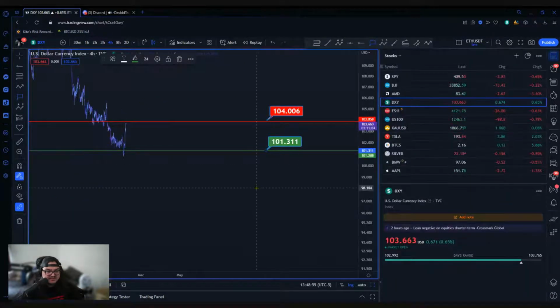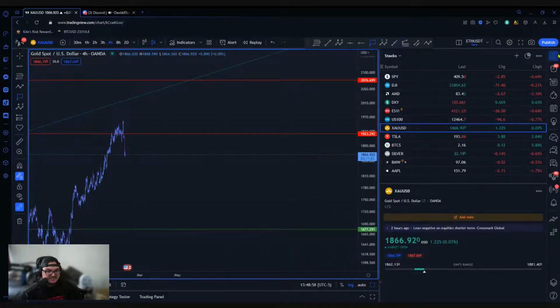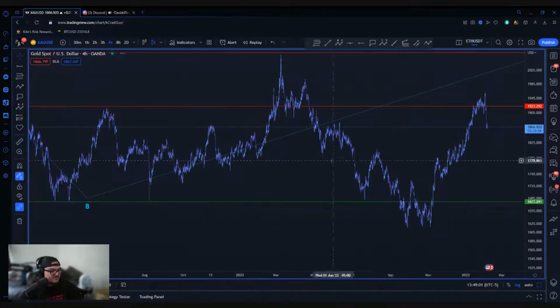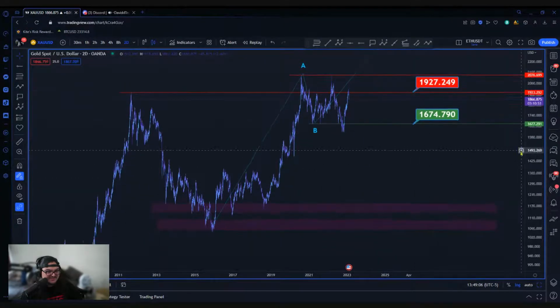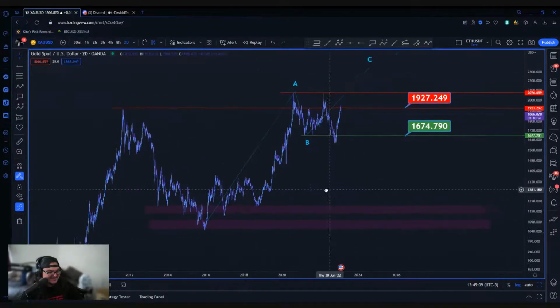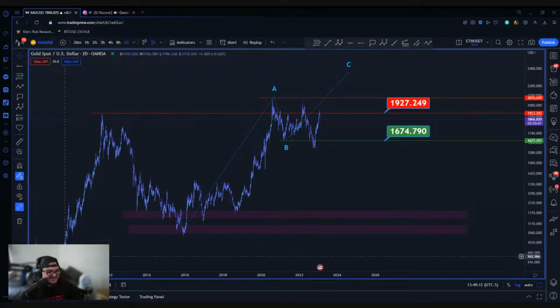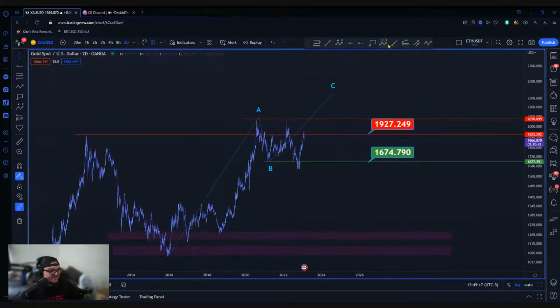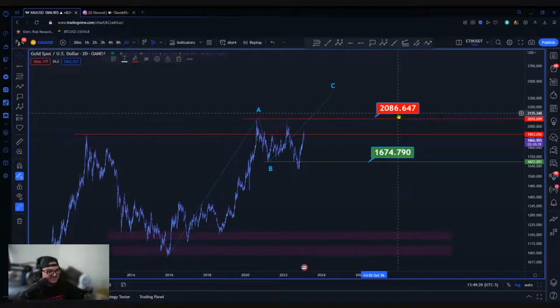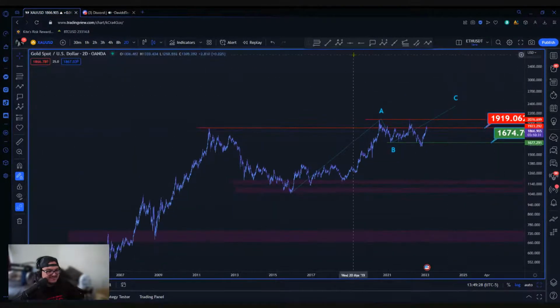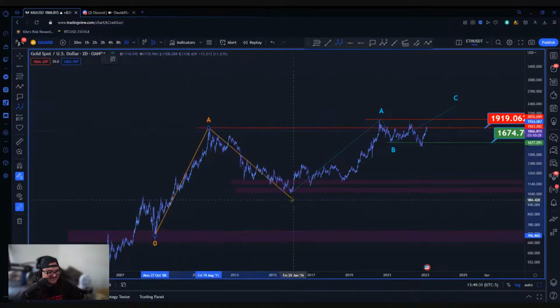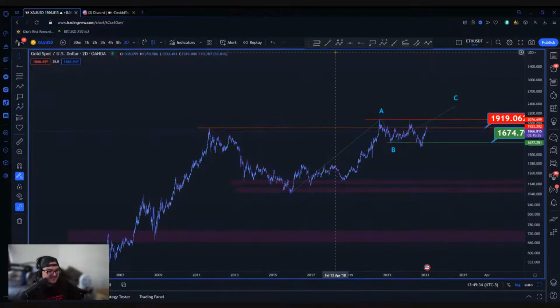Let's see. Comes to gold and silver. All right, interesting. Gold on a larger scale. I'm not even going to do it because I know Scope's going to make fun of me for it again. I'm just going to say that we're going to focus on this area of price action, even though we do have this larger ABC here. To me, the pivot of that is going to be at around 2086. We did cross the pivot at this macro A level here, off of this larger ABC. Like I said, I'm not going to say it. You guys can figure it out. It's a very, very large scale ABC.